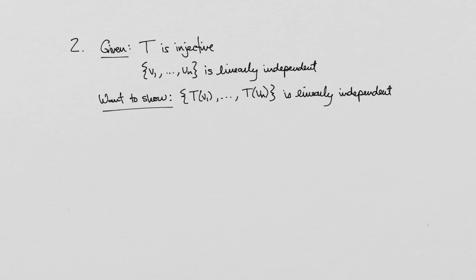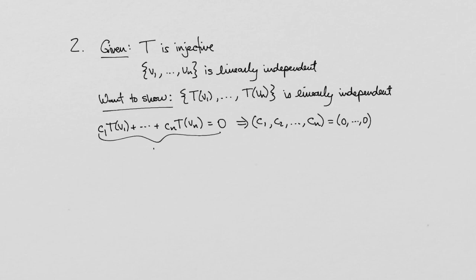We're given that T is an injective linear transformation and that v1 up to vn is a linearly independent list of vectors in its domain. We want to show that the images T(v1) up to T(vn) are also linearly independent. To begin, we unpack the definition of linear independence. It means that whenever a linear combination of the vectors is equal to 0, the weights were all 0. In order to prove an if-then statement, we assume the if part and reason our way to the then part as a conclusion. Assuming that a linear combination of the T(v)'s is equal to 0,